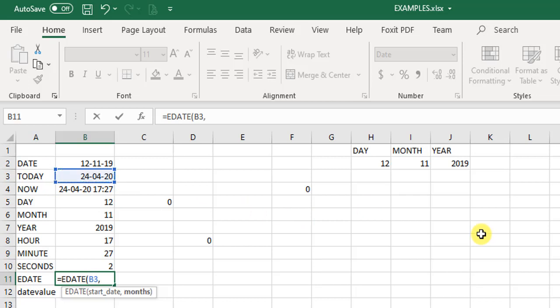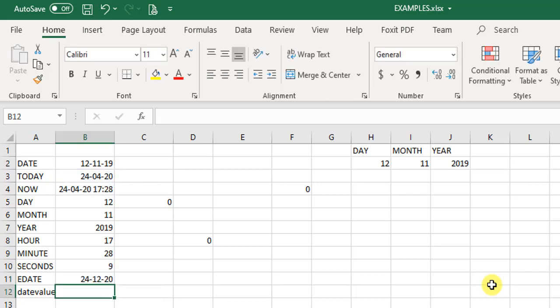I put a comma, and then the next argument is the months, meaning how many months you want to add to this particular date. So if I say I want to add 8 months, and then I close the function and hit enter, what it gives me is 24/12/2020.